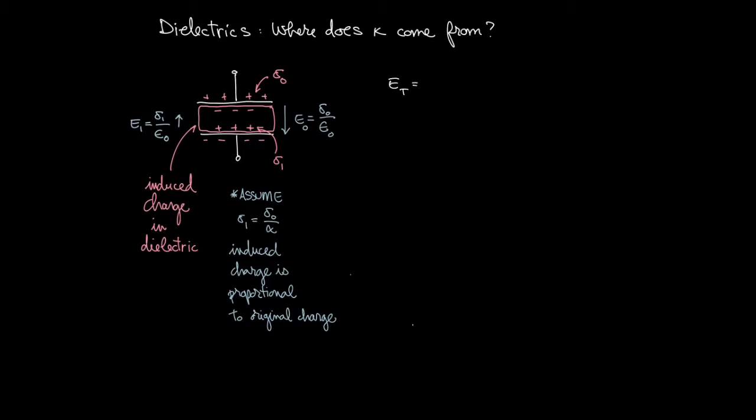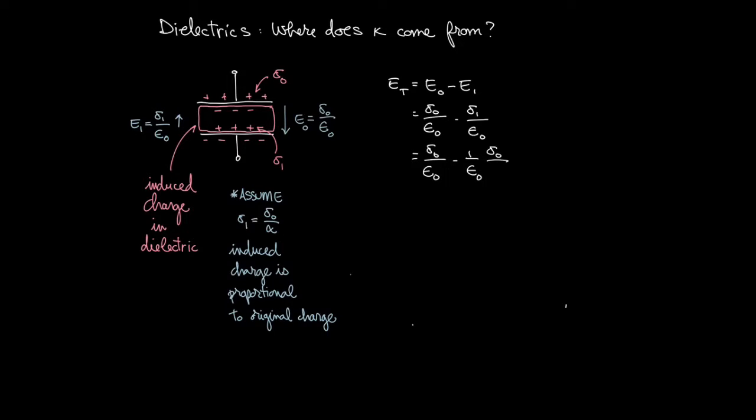Let's write out the total electric field. It's the sum of the external electric field across the capacitor plates minus the induced electric field, because the direction of the induced electric field is opposing. If we type in the values for E naught and E1, we can now substitute for E1 in order to get sigma naught over epsilon naught, minus sigma naught over epsilon naught alpha,